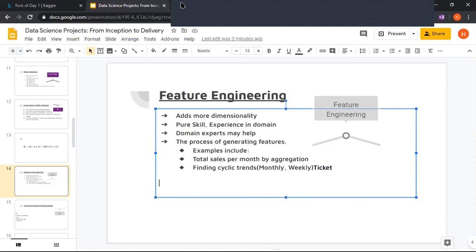Then we'll have another table which includes the transactions, the number of sales that shop has done. So for generating a new feature in the sales table, we'll aggregate the data from the transactions table. Now that transactions table will have people buying stuff. So we'll add all the things that are sold from a particular shop, and we'll add it to the sales table to show that this shop had this number of sales.